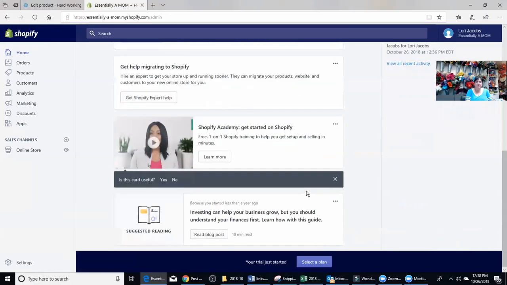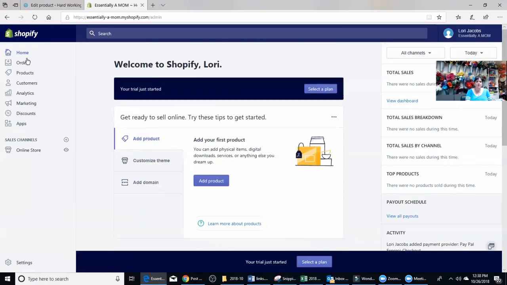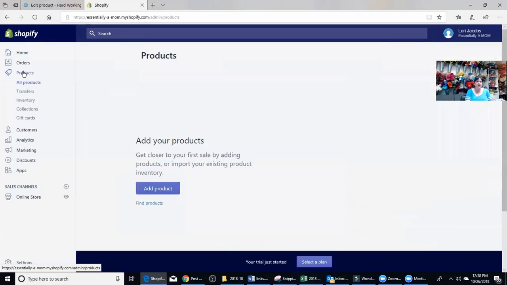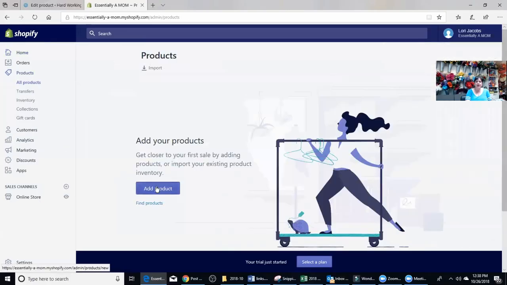Okay, so how Shopify works is you add in your products right here. This is your dashboard here. Okay, so you can have discounts, you can add in apps, and we're going to go through some of this because there are some apps that you can use to do things like move your Etsy that you currently have and put it into Shopify. So you would click on products here, add product,